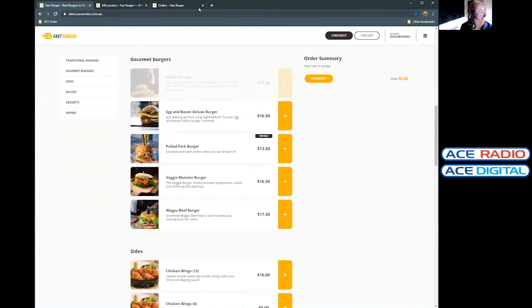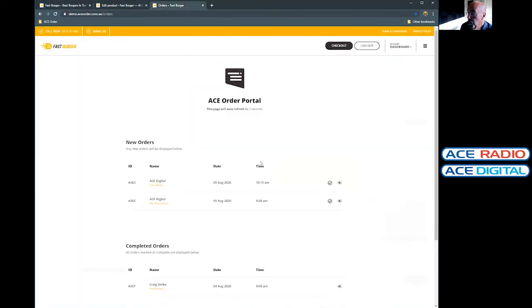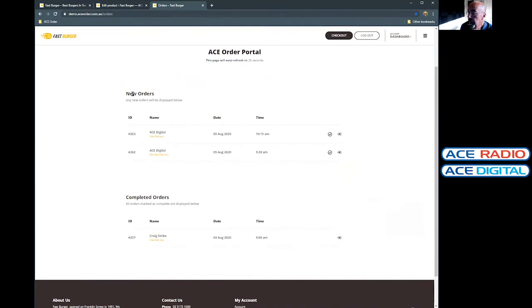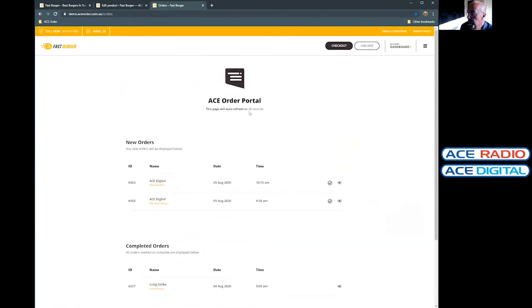So moving now to what we call the portal. This is what you could see. This is for the restaurant or the cafe or the business, the back end of it. This updates, you can see on that screen there, it's counting down. This refreshes every 30 seconds. And this is the thing that, say, for example, you could have in the kitchen or wherever you're processing orders,